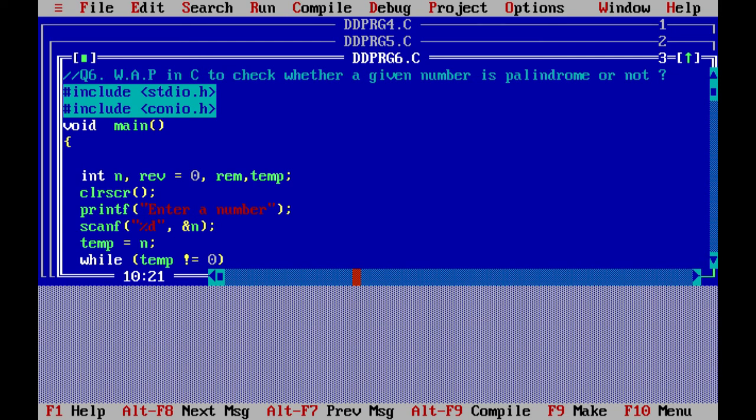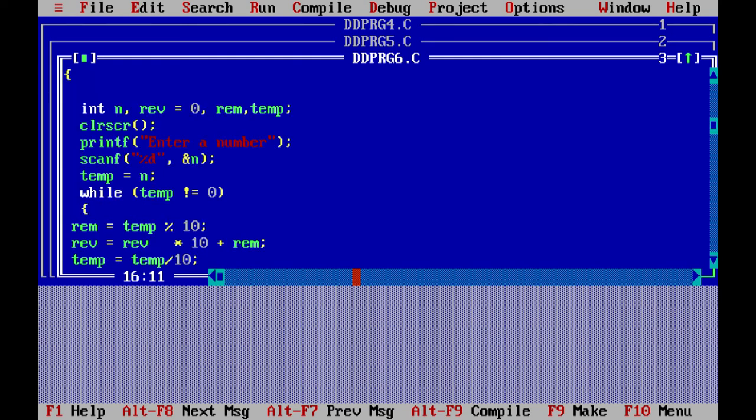Okay, and the n value, suppose you are entering 131 or 757, so that same number should be entered in temp also. Okay, so you may type any palindrome number or an ordinary number also. If you are typing 123, the n value is 123, and depending on this condition it should check whether that number 123 is a palindrome or not.